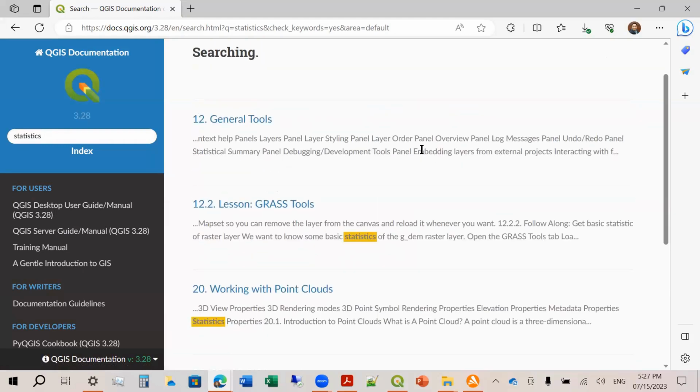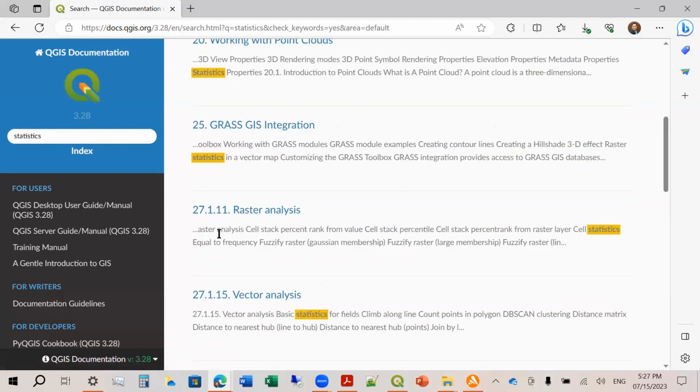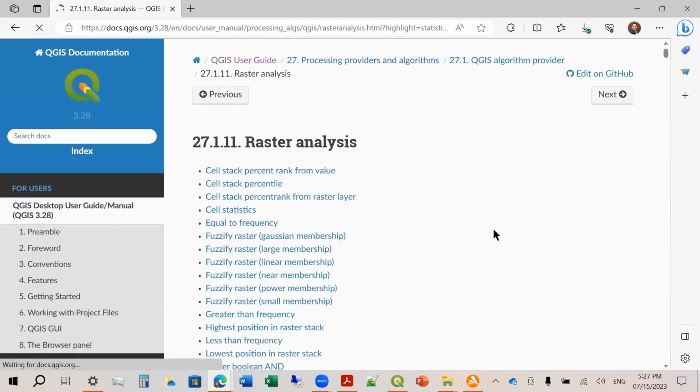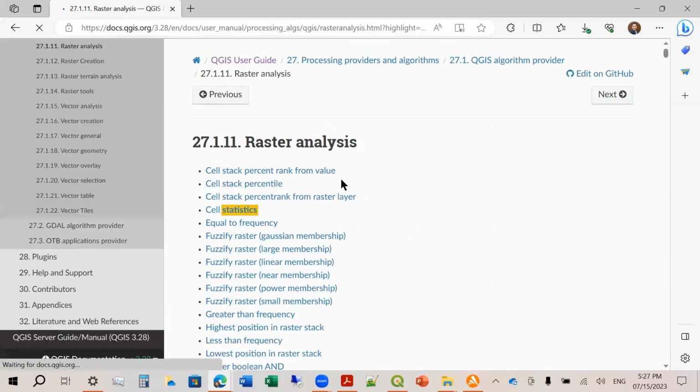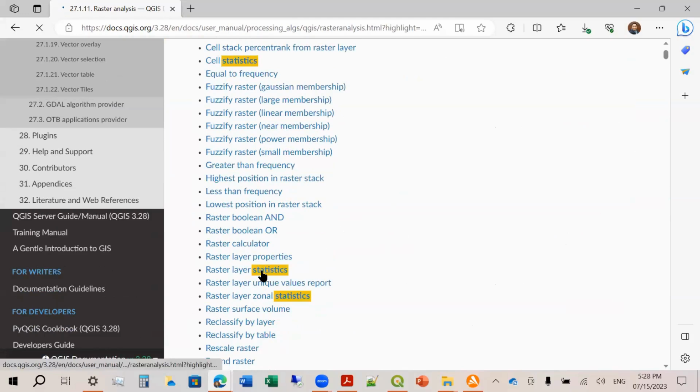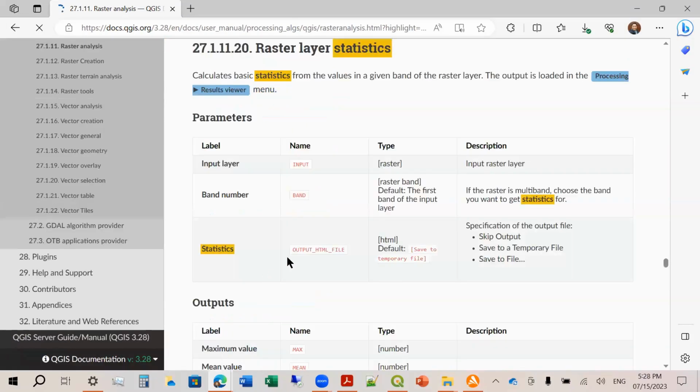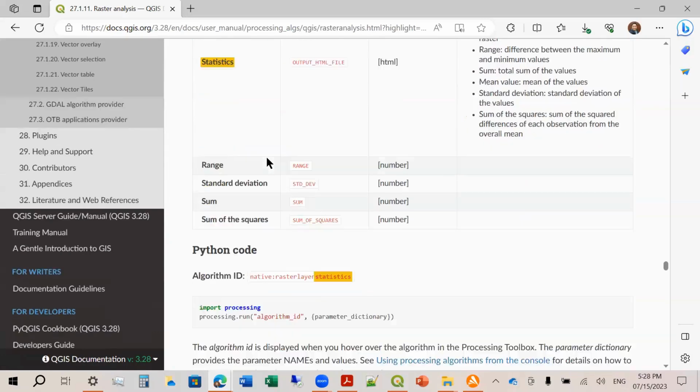Okay, so let's look at raster analysis. Let's look at raster layer statistics. Okay, and how do we do this?